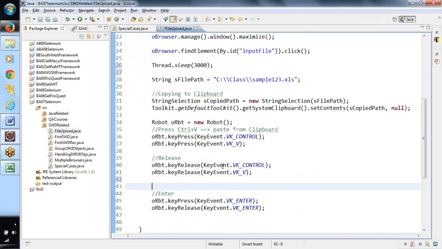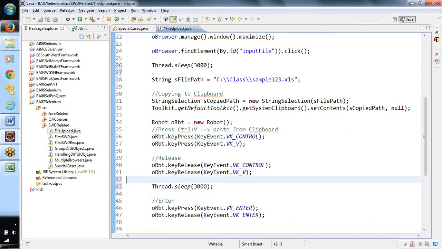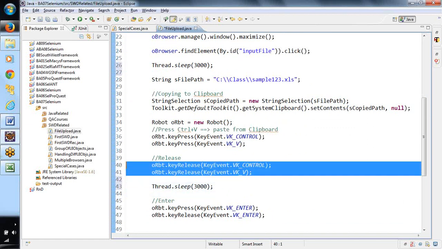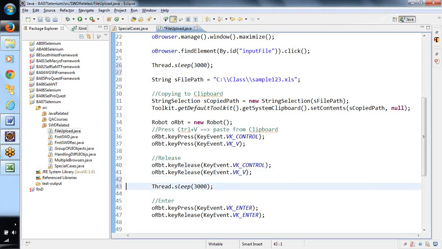And here also I'm keeping some wait. Once it pastes the path, again I'm using 3 seconds.